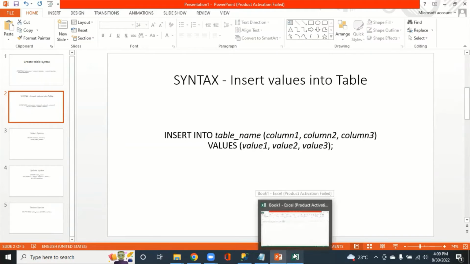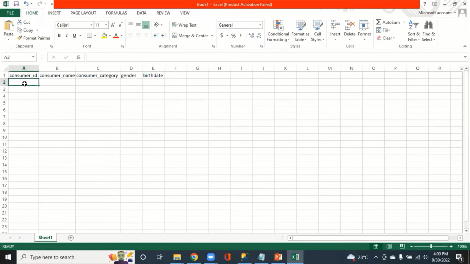So let's again go back to our rough sheet. Let's enter some values. Consumer ID. Let's keep 1001, 1002, 1003, 1004. Consumer names: Sean, Ricky, Angela, Michelle. Okay, consumer category. So let's say we have two categories, category